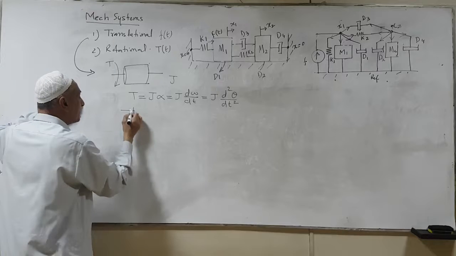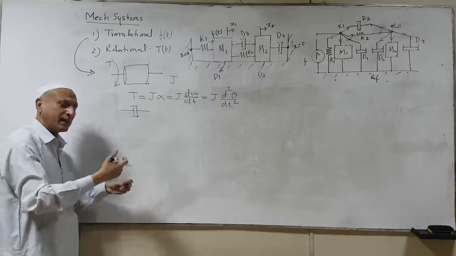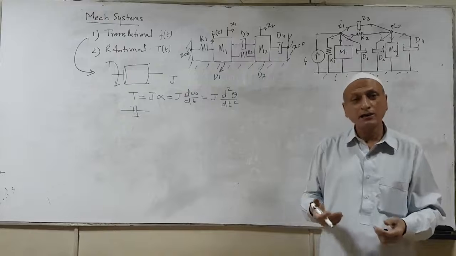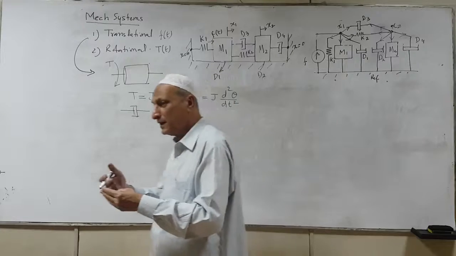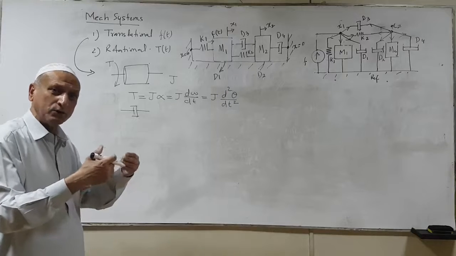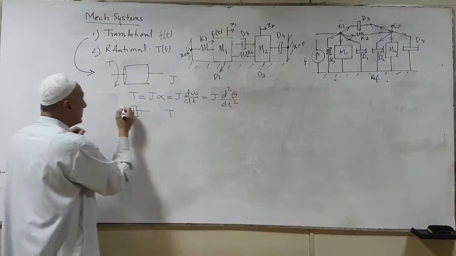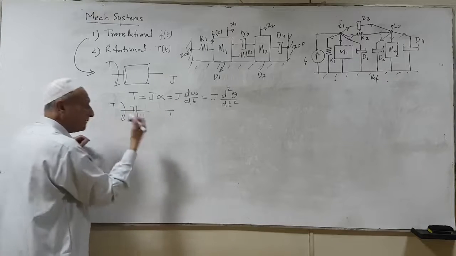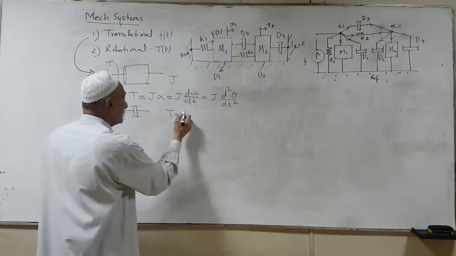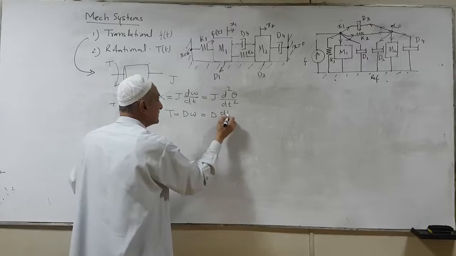Now the other is a damper. This damper is schematically the same, but it's rotating, just like a clutch of the automobile is one of the major examples of this. So this one is something like a rotating damping element, that is something to do with the clutching system of the automobile. Now this one is the torque, when we apply torque over here. So when we apply torque, what happens? It actually produces a velocity. So we have D times omega, and this is then d theta by dt.